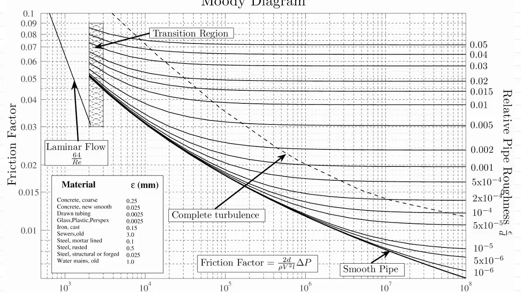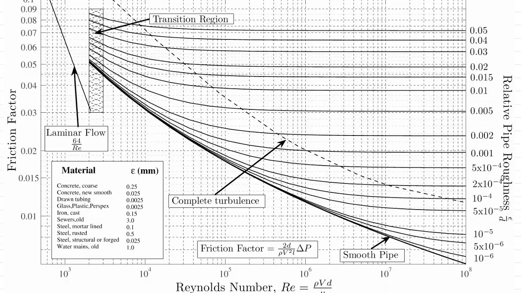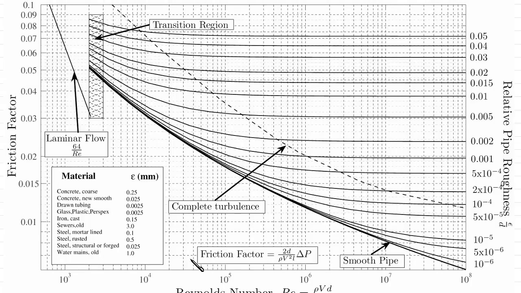So be careful of that. But back to the Moody diagram, I'll just point out a few things on it that you should know. Now this is a log-log graph. So the scales on the vertical and horizontal axes are log scales. Reynolds number is on the bottom. That's Reynolds number down here. And that ranges from just under 1,000 to up to 100 million. And friction factor on the vertical scale ranges from 0 to 0.1. Now each of these curves in the diagram